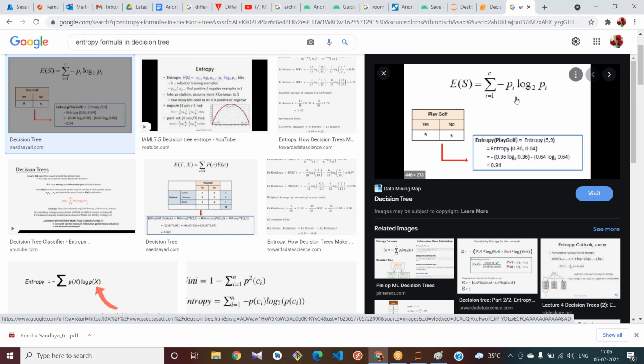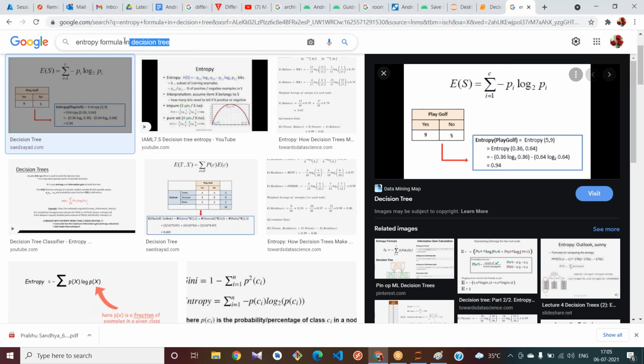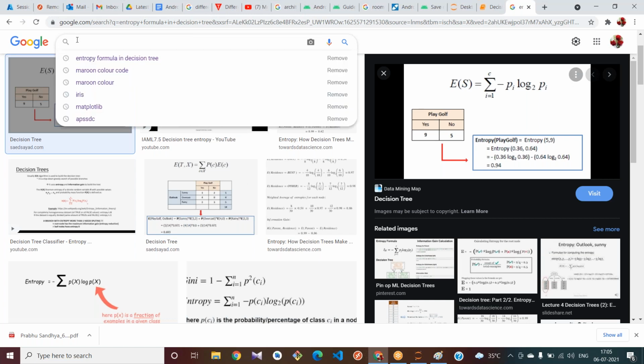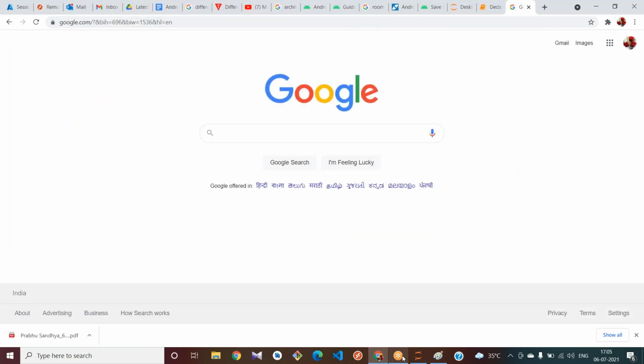It tries to calculate the entropy, and there is also a formula for information gain. First, it calculates all the information gains, the average information gain, and then it calculates the gain again. Now let us move to sklearn to apply this to a dataset, and we will also observe the tree, how it has been classified by calculating the entropy and information gain.